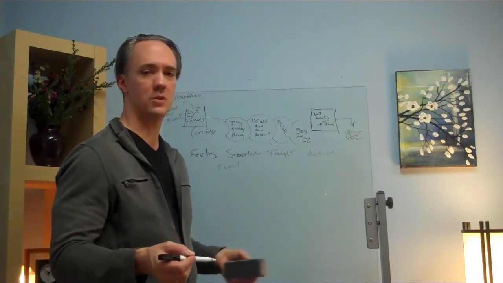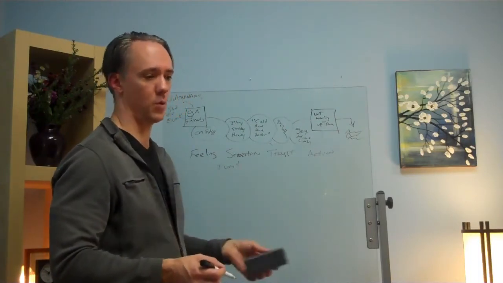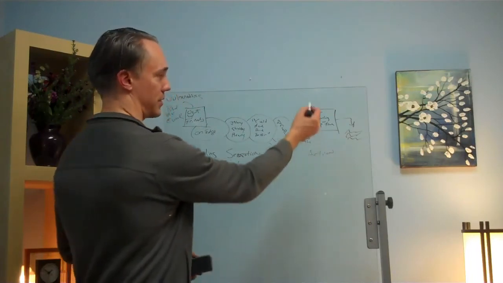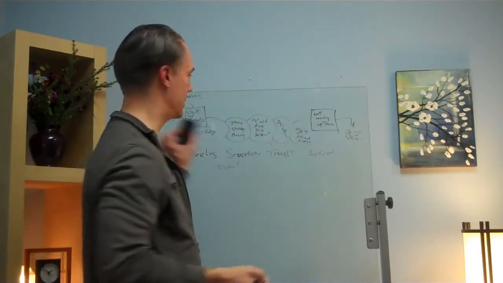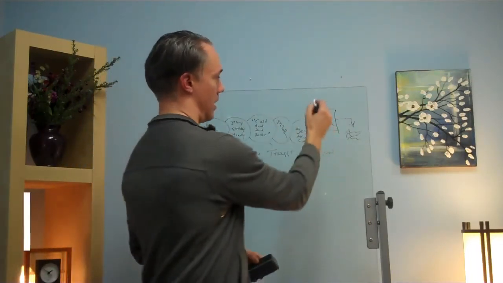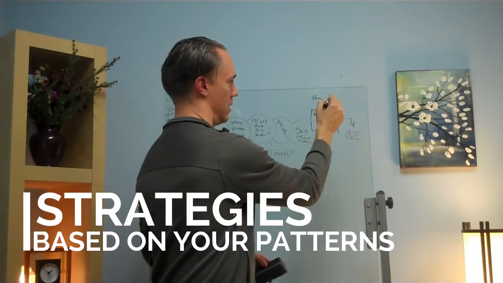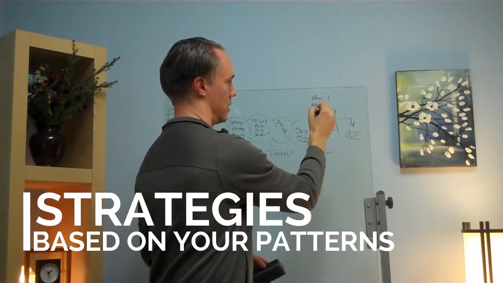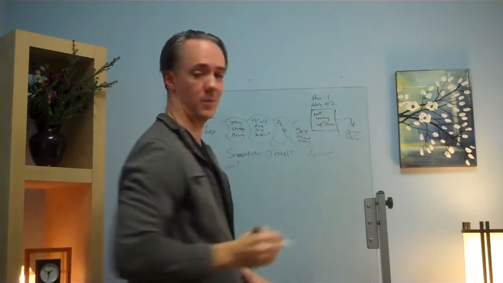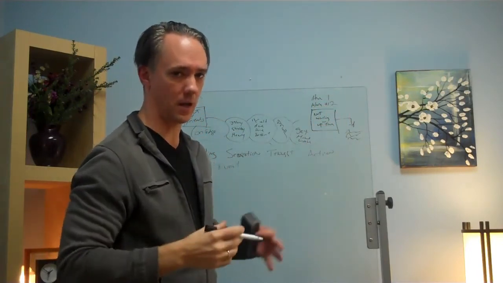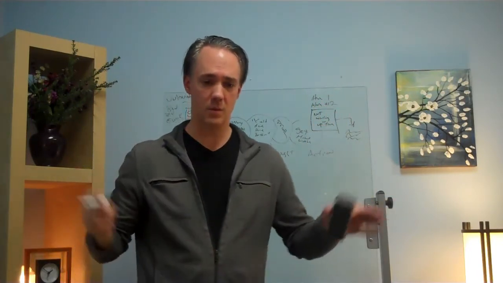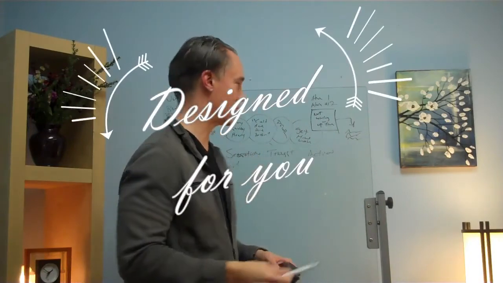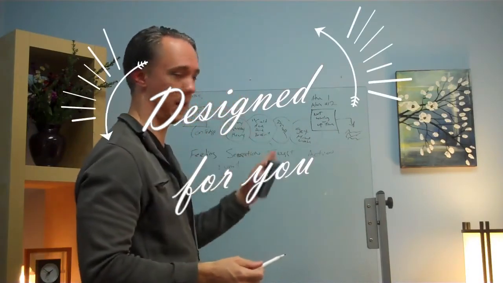Maybe you sleep in just a little bit longer, or you fall back to sleep and then you roll back out of bed. And we can even come up with strategies having more than one. So when we see what your pattern is, we can come up with alarm clock number 1, alarm number 2. And we put alarm number 2 on the other side of the room and we make it ungodly loud. Unless, of course, you live with somebody, then you're going to need to come up with a different strategy. All this gets factored in.